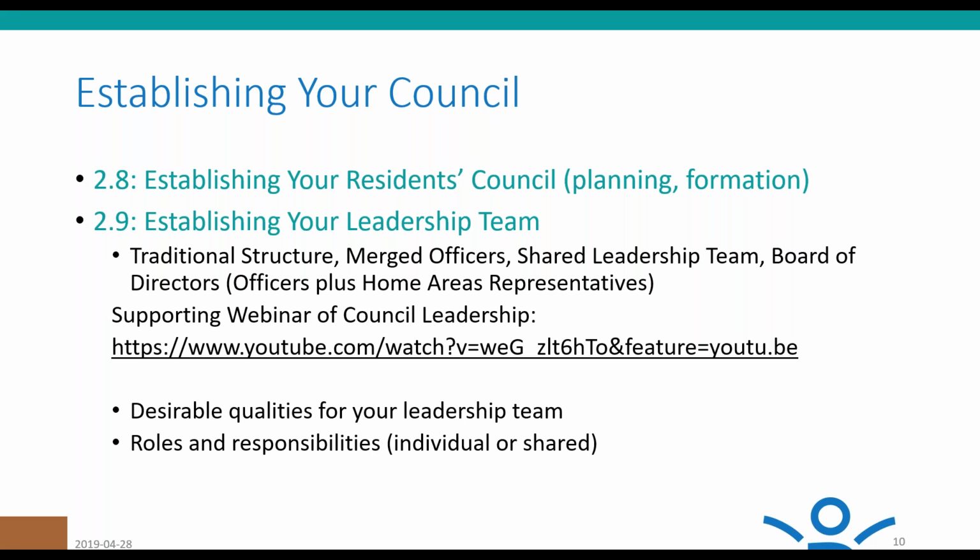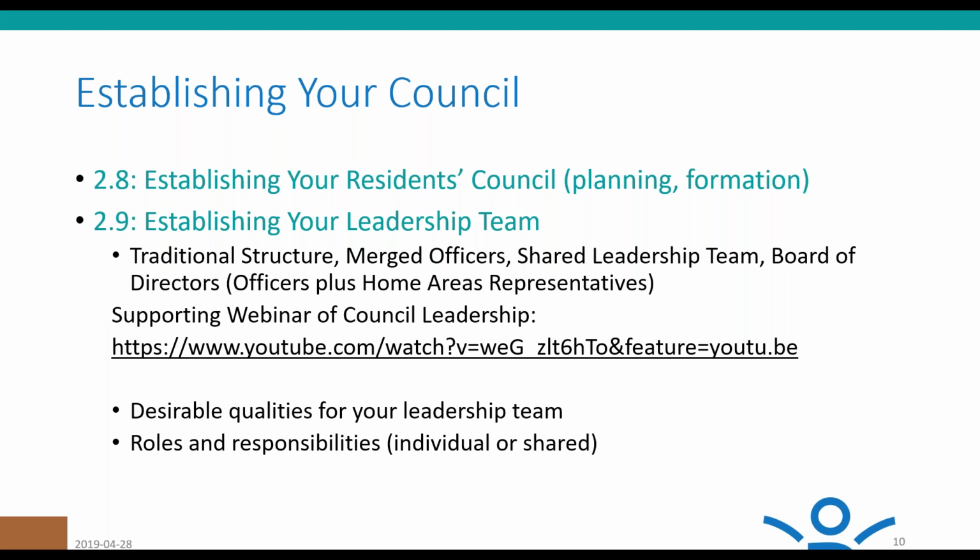to maintain it. In subsection 2.9, this also ties into the idea of Residence Council foundations, because establishing a strong leadership team is an essential building block in the foundation of a sustainable and effective Residence Council. You can refer to this section if you're interested in learning more about the various styles and structures that may work for your Residence Council, including the traditional structure, which is characterized typically by a president, vice president, secretary, and